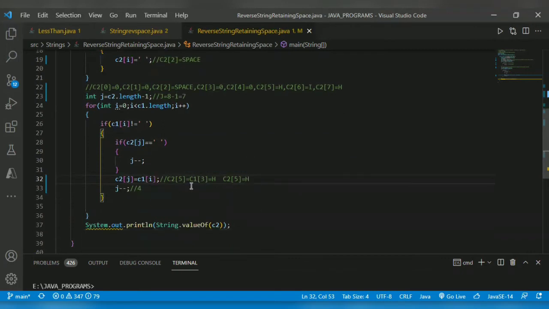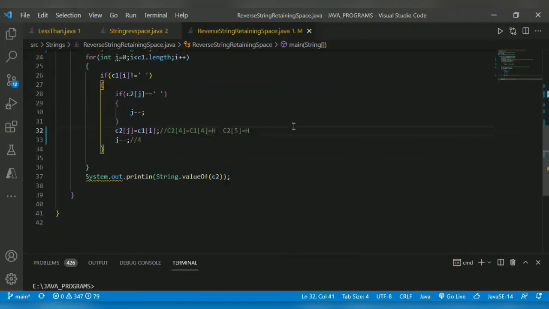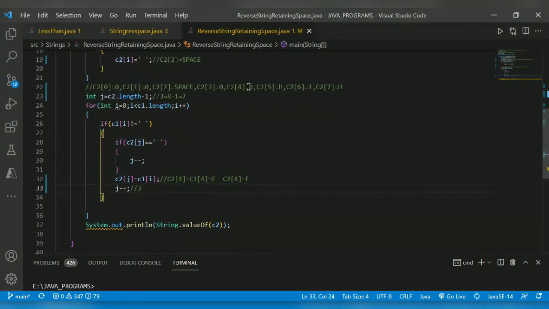So again it will come, c2 of 4 equals c1 of 4. c1 of 4 is E. So c2 of 4 will become E. j will be decremented to 3.